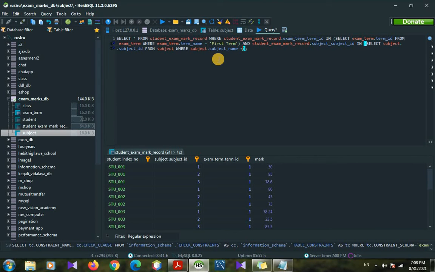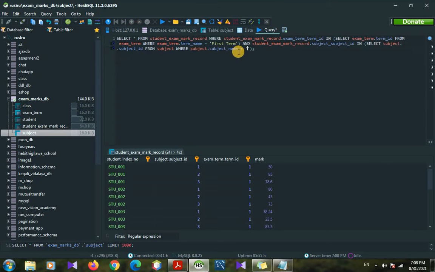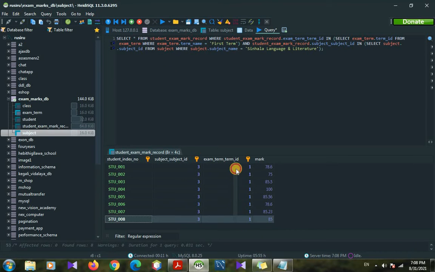Then, equal mark, inside quotes we go to the data tab, take the Sinhala and literature subject and paste it here. Now if we run this, only the results for the first term and the Sinhala and literature subject come up.